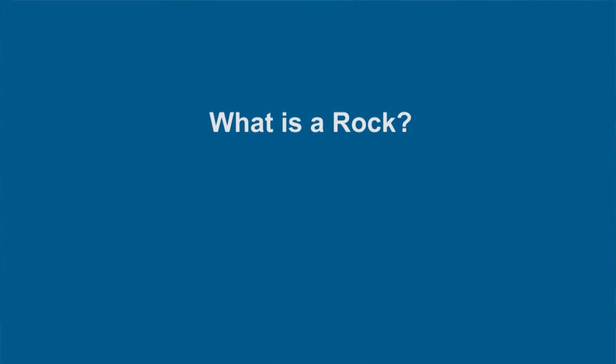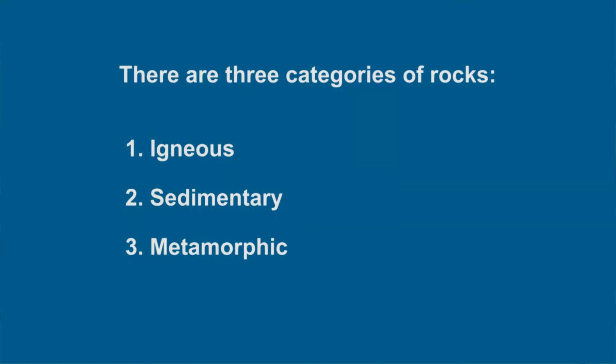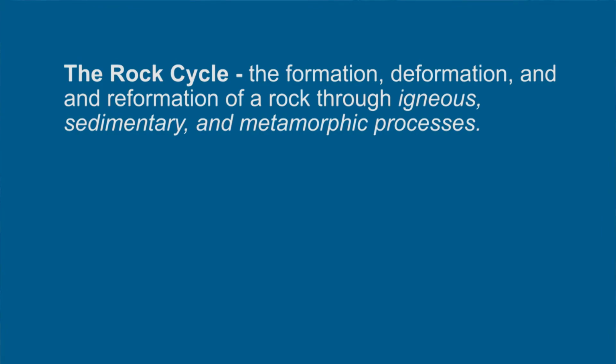A rock is a coherent, naturally occurring solid which consists of an aggregate of one or more minerals. There are three major categories of rocks, namely igneous, sedimentary, and metamorphic. A rock cycle is a model that describes the formation, deformation, and reformation of a rock through igneous, sedimentary, and